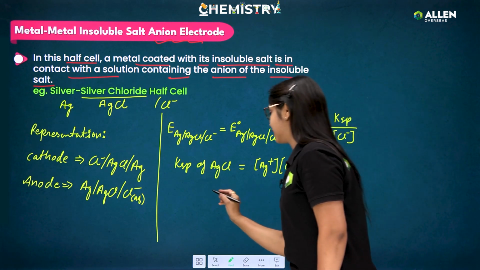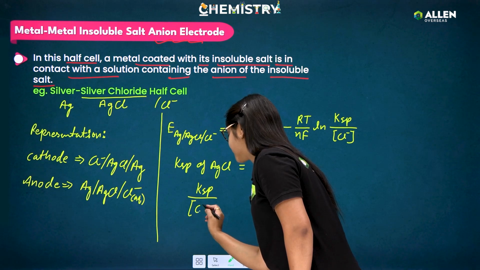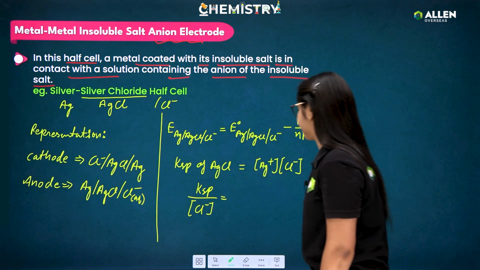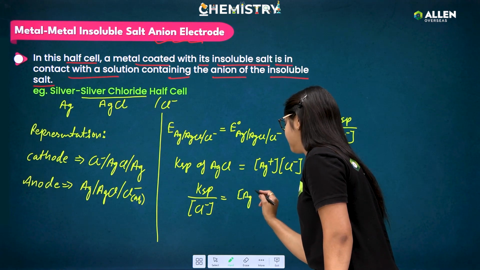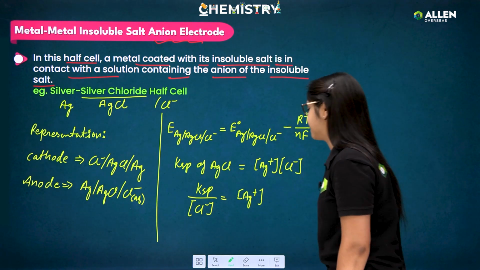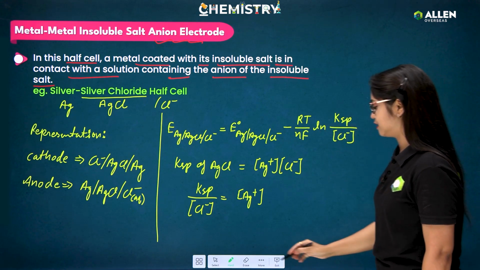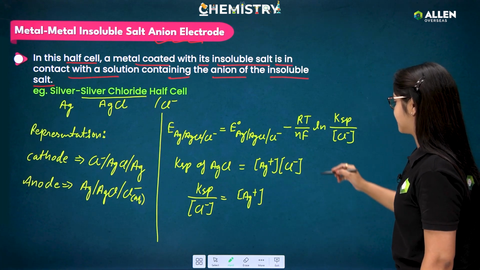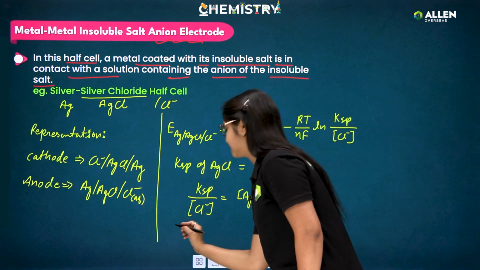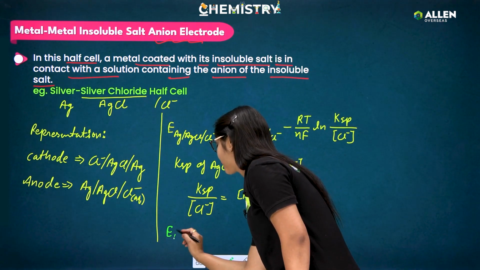So now if I divide the KSP by the concentration of Cl minus ion, what will I get? I will get the concentration of Ag plus, right? So in this formula, in place of KSP by Cl minus, we can write Ag plus also, right? So that's why, if we write that equation here,